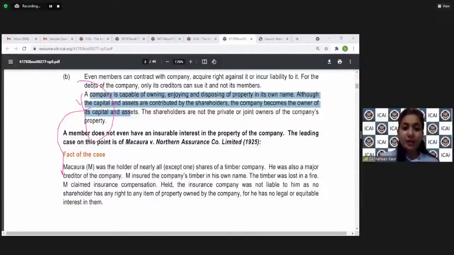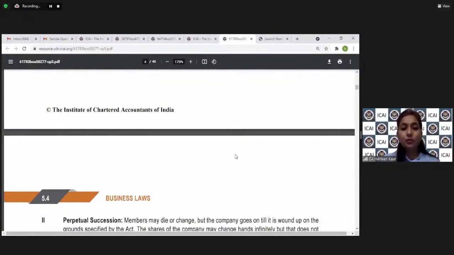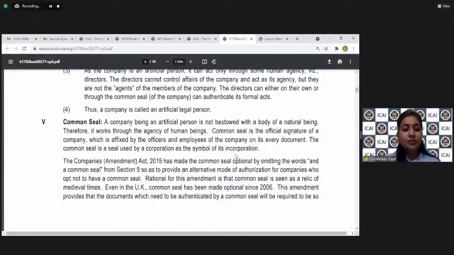Okay? So it says the company is capable of enjoying its own property, but it doesn't mean that the shareholders only invested; the company's property is different from the shareholders' property. Okay? So the corporate veil is clear, separate legal entity is absolutely clear now. So children, there are